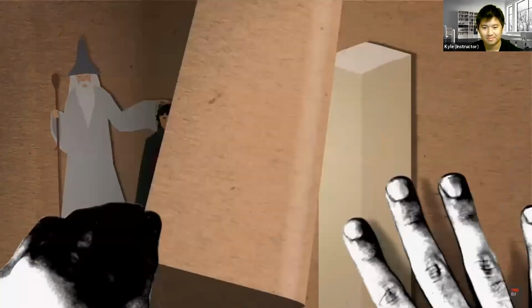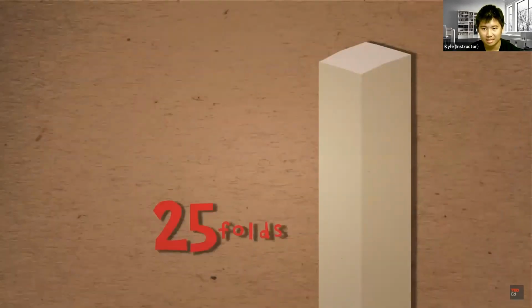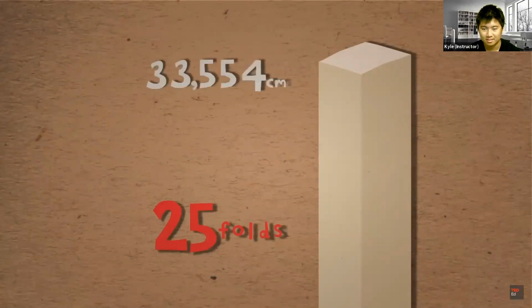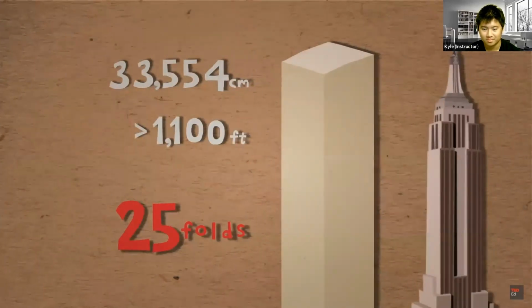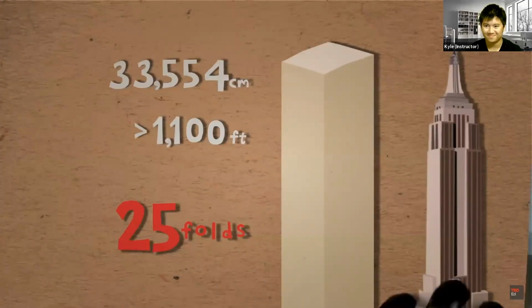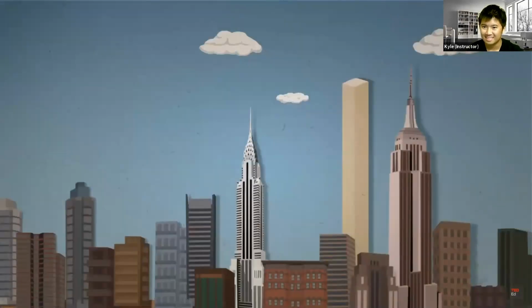If we were able to fold it 25 times, then we would get 2 to the power 25, which is 33,554 centimeters, just over 1,100 feet. That would make it almost as tall as the Empire State Building. It's worthwhile to stop here and reflect for a moment. Folding a paper in half, even a paper as fine as that of the Bible,